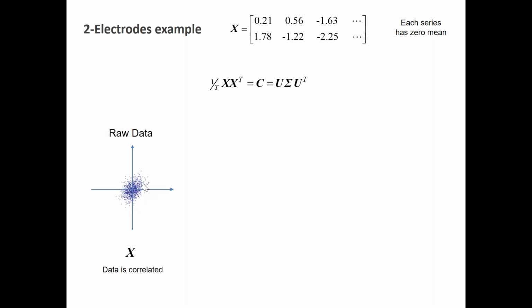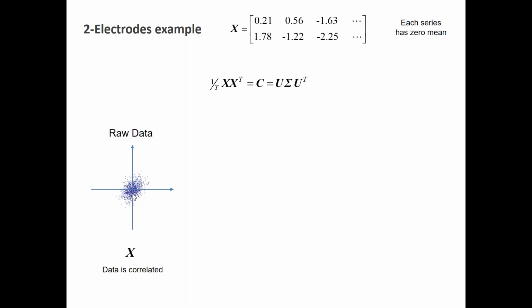So suppose now this is the raw data. So we have two electrodes. If we plot those pairs on the X and Y, so this would be X and this would be Y, we plot all those samples like points in a two-dimensional Cartesian plane. In general, EEG data, when you take a couple of electrodes, is correlated, okay? And the closer the electrodes are on the scalp, the more the data is correlated. If they are very close, they are very correlated, sometimes even 0.9 or 0.95. So they are extremely correlated. In general, you will observe something like that. So there is correlation between those two electrodes.